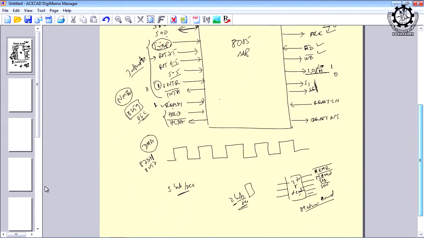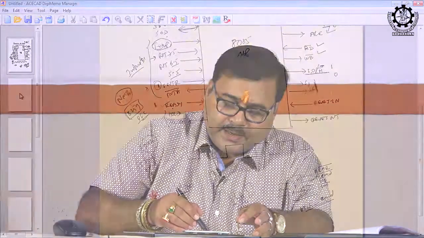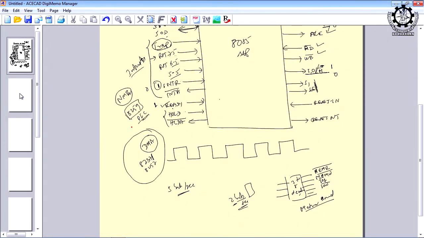So, I told you about the 8284 clock generator that we have to cover, and another is the 8259 programmable interrupt controller, which will take care of all kinds of interrupts and interrupt service routines. What ISR is and what an interrupt is, we shall discuss when we go to the interrupt section. And whenever we discuss the DMA controller, direct memory access control, where you can bypass the microprocessor to allow data transfer between memory and I/O devices directly or in parallel, that is possible with the help of 8237 or 8257.